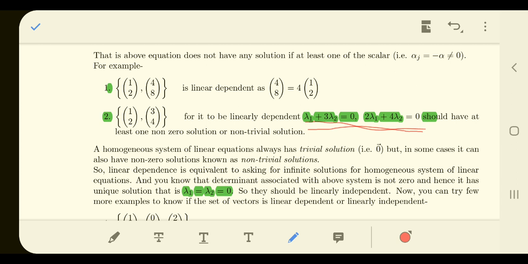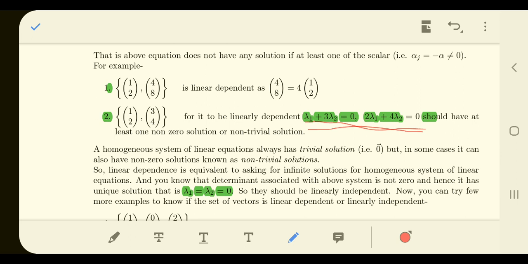The unique solution corresponds to 0, because in this particular case, in these two equations, if lambda 1 and lambda 2 both are 0, then you will definitely get the answer. Then both the equations will definitely get satisfied. So in this type of equations where the constant is 0, you will always have a solution, right? So we do not have the no solution case; we have a unique solution case or the infinite solution case. Now if you are looking for a non-trivial solution, then definitely you are looking for an infinite number of solutions.